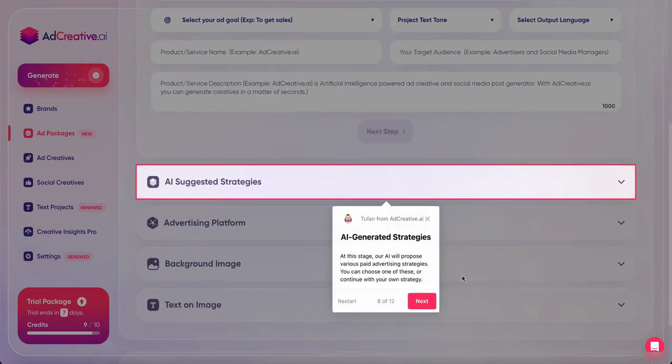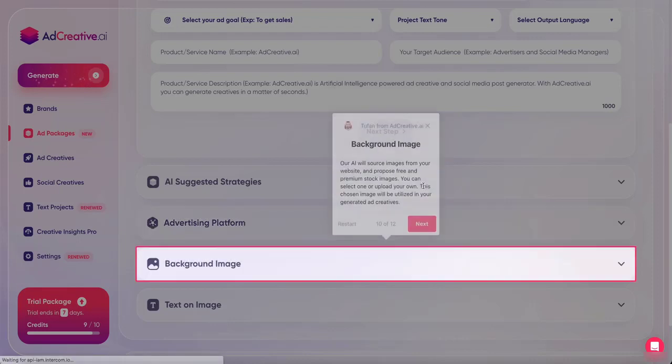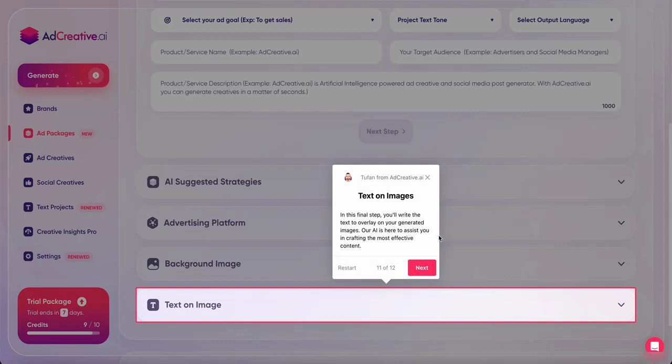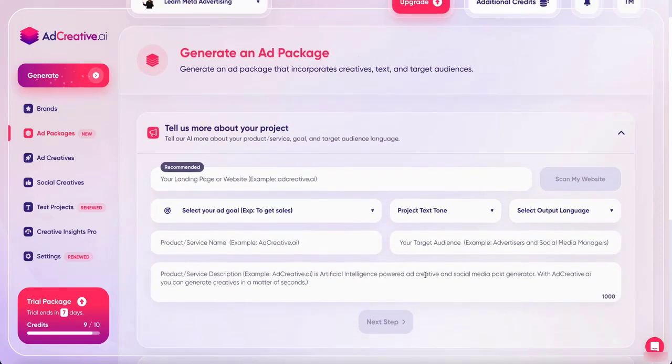Again, you are very much guided. You will get some strategies from AI, then some optimal platforms that you need, and also a background image and text on image. So you can just start step by step.